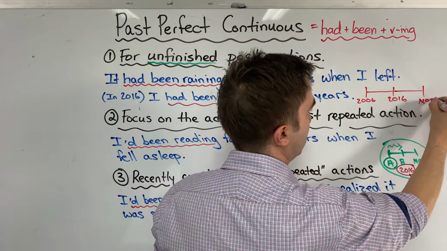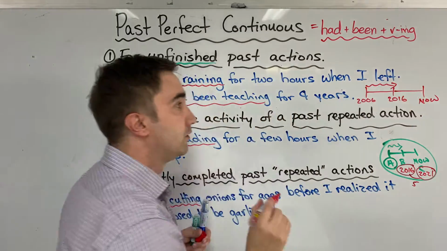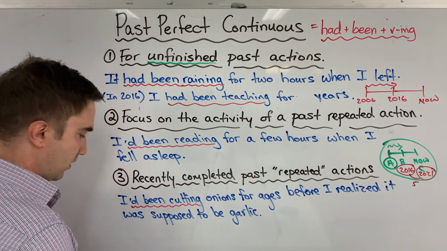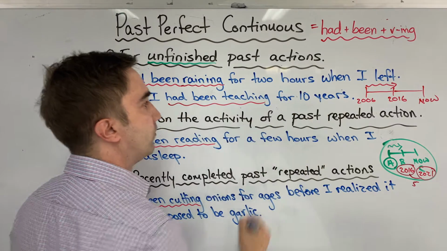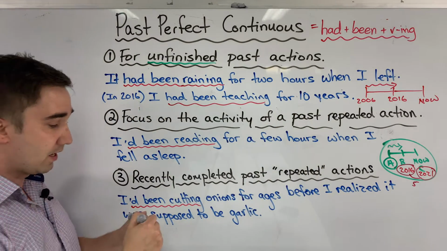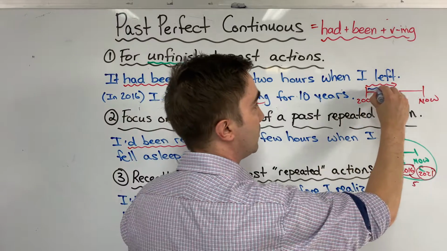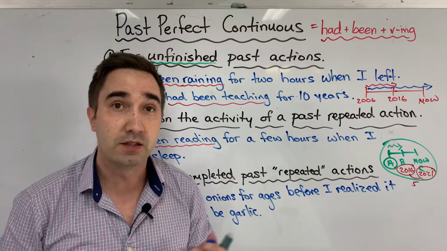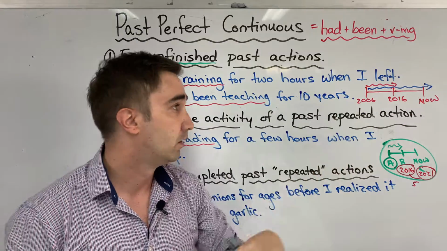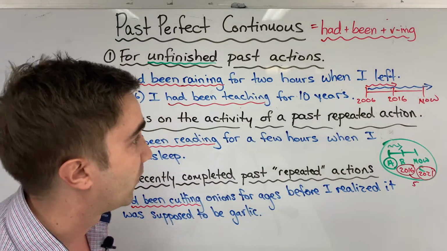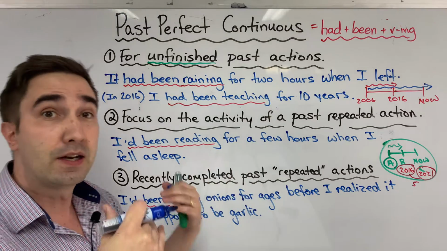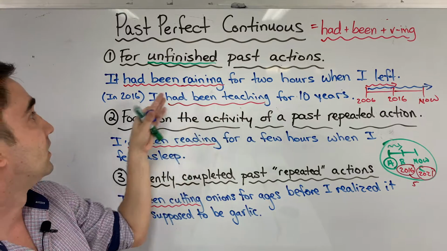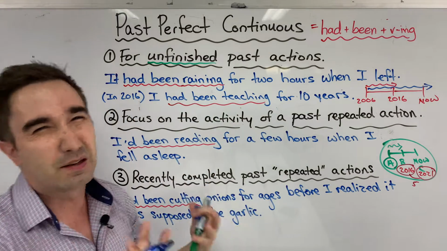And then this is now, right? So I can say in 2016, I had been teaching for, let's change that, too long, I've been teaching for 10 years, right? But I can say, if I want to use present perfect continuous, I have been teaching for 14 years or 15 years. Now is 2021, right? So that's an unfinished action now. But here we're talking about an unfinished action in the past. So that's kind of the difference there.